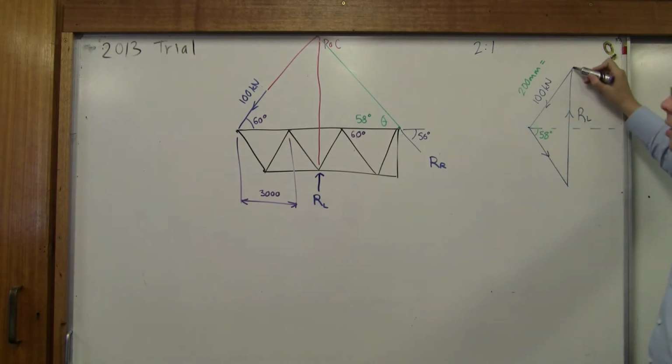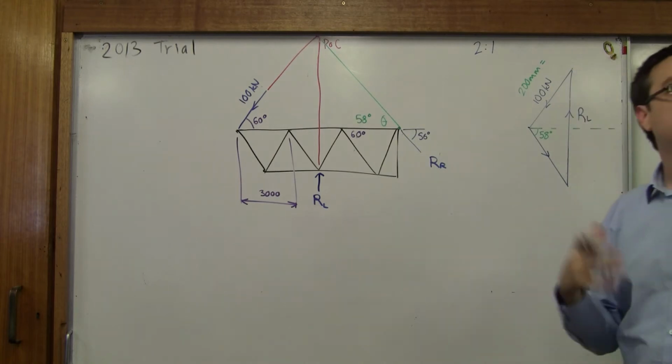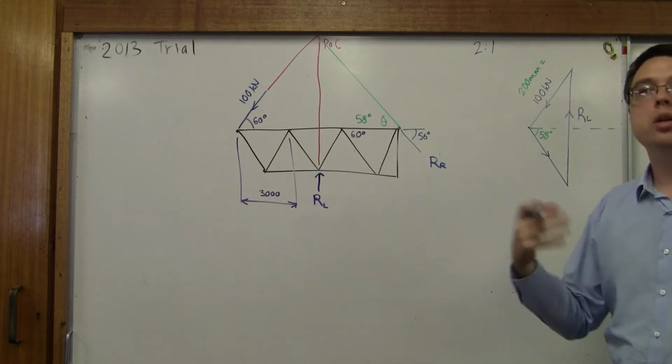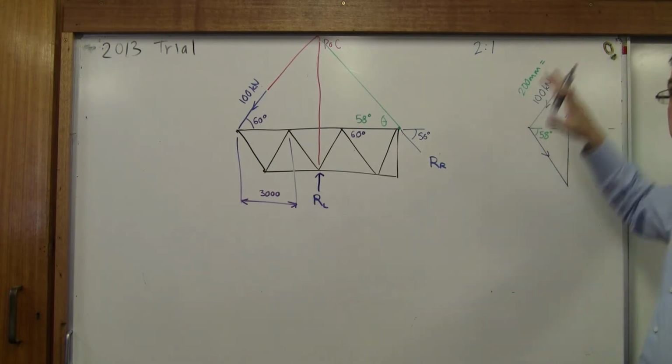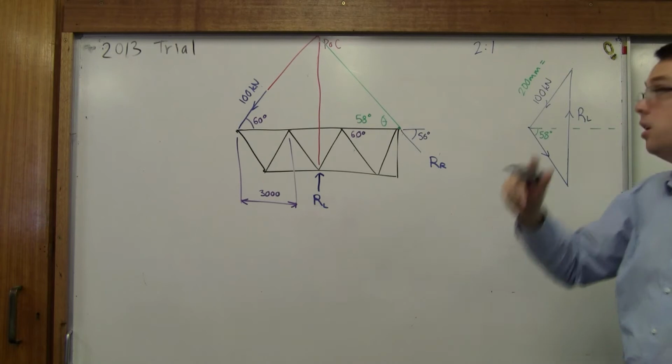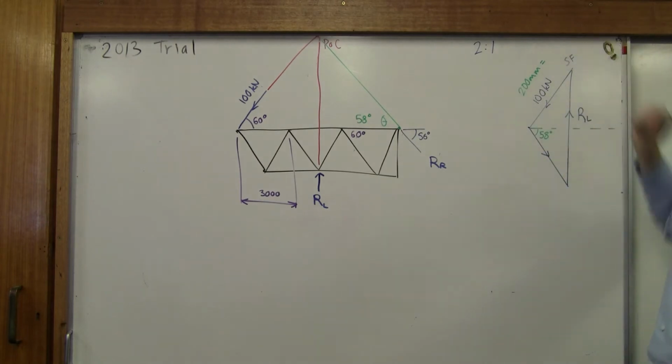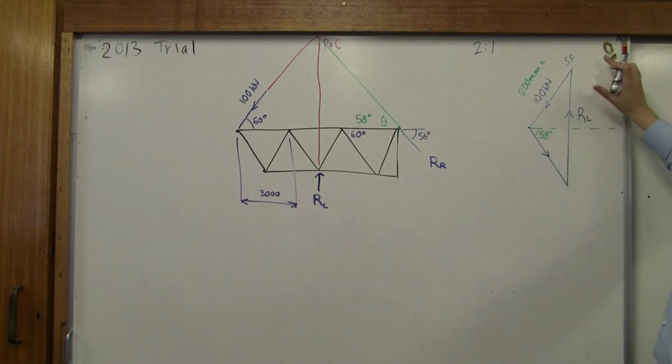This runner has started at Sydney Harbour Bridge, they've run, and they're now back at the Sydney Harbour Bridge. Their resultant is 0, so it's in equilibrium. If it's in equilibrium, the resultant is 0. So that means these three forces together add up to where they start. If we look at the start and finish, they're the same place. Okay, so